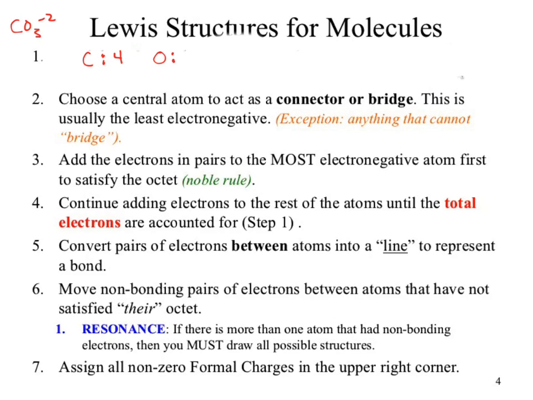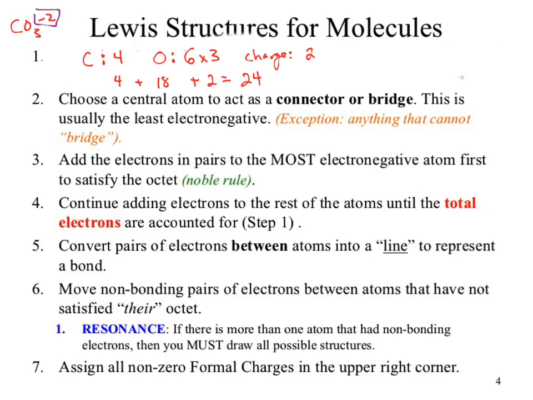Okay, oxygen. How many electrons? 6. Okay, but there's 3 of them. So I get 4 plus 18. Plus 2. Why are you saying plus 2? We have a charge. Charge is referencing the balance of protons and electrons. The charge is always specified in the upper right-hand corner. It is a minus 2. How do I become negative? Add electrons. I had to add electrons. To become a negative 2, I had to add 2 electrons. Which means my total is